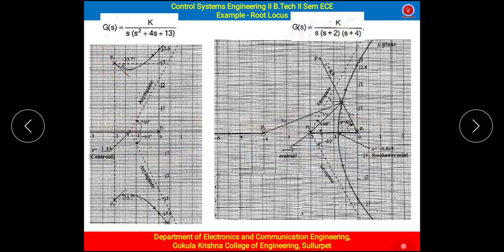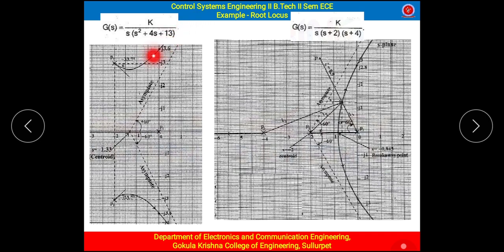Now the root locus branch will start here, and it will not cross this line, it will start to fall down. We have the centroid, right? At that particular centroid, the root locus changes direction, and it will go towards infinity,